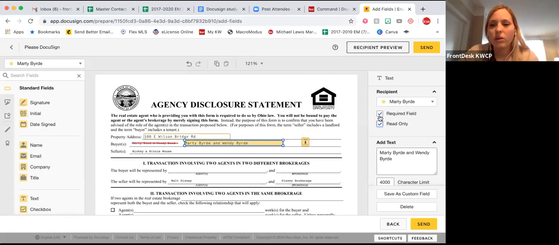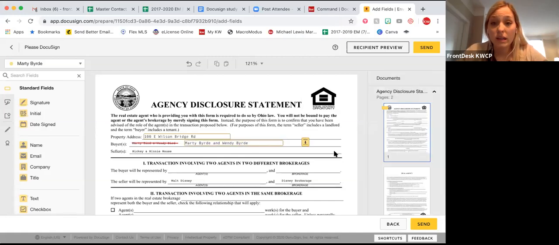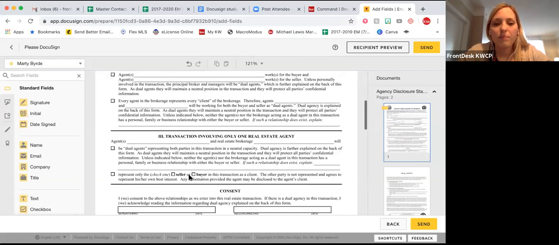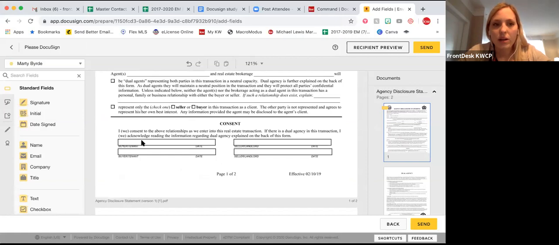So that's how you cross things out. I know that would be important. And then I've showed you how you can put in text. So then you would put in your name and your brokerage here, right? And then down here, your buyers, right? You would put in their signature. So you would drop in their signature,